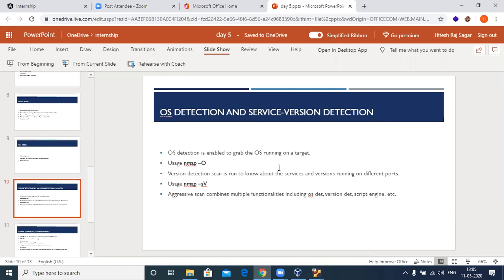As the name says, it's OS and version. Okay, good. What is the version detection?